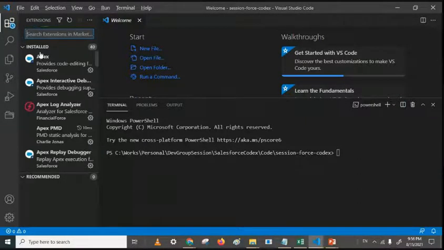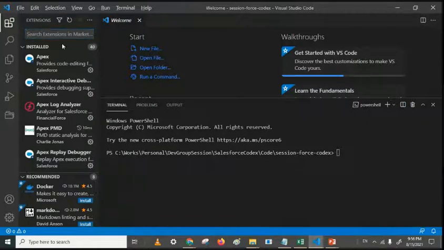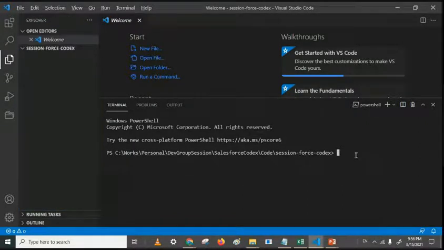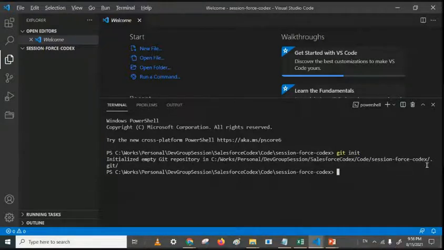You can install git from here. If you have already done it, then we simply type git init. Git init basically tells us that we are starting the git repository. It says initialized empty git repository. We have initialized this folder as a git repository.